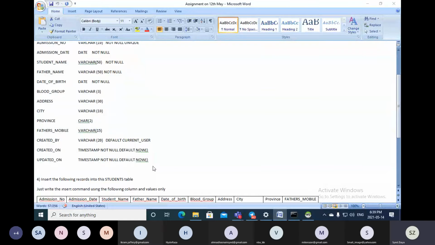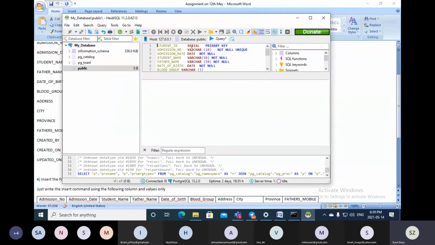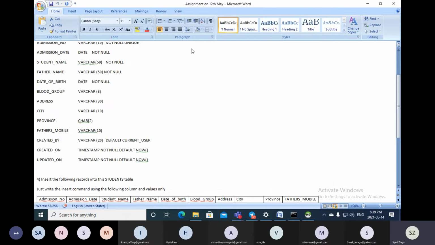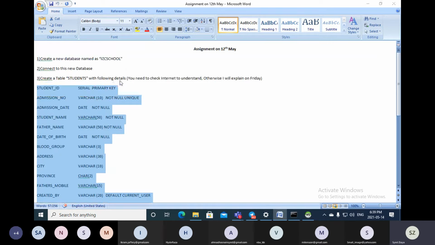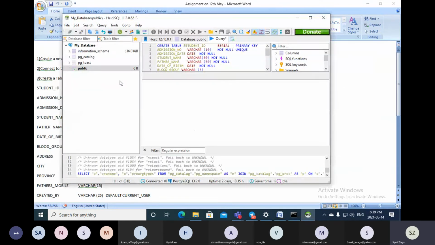Take them to HiDSQL. So this is a window here. I say create table, and create table students. So the table name is students. Now inside this, I will write this as a